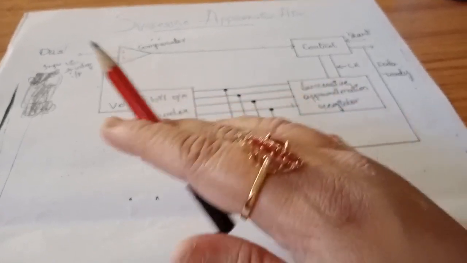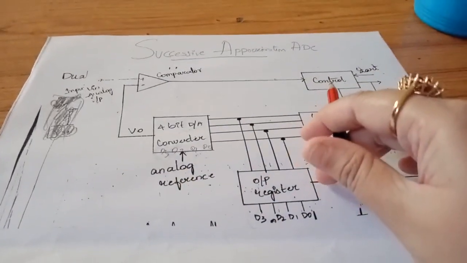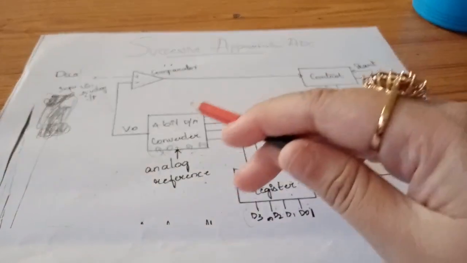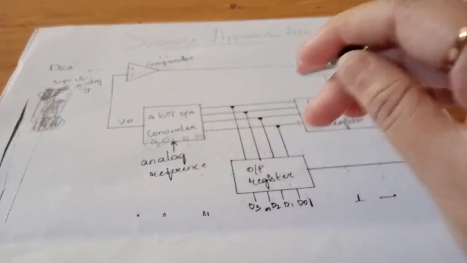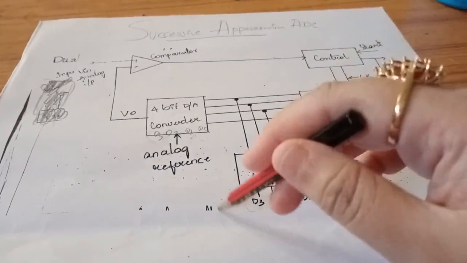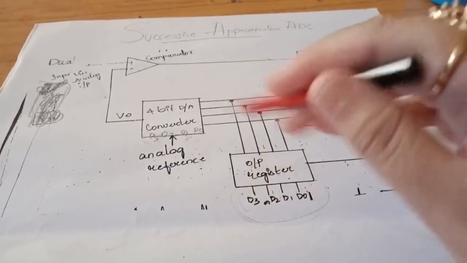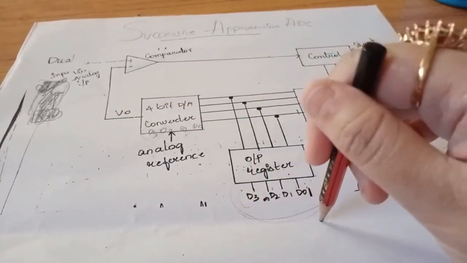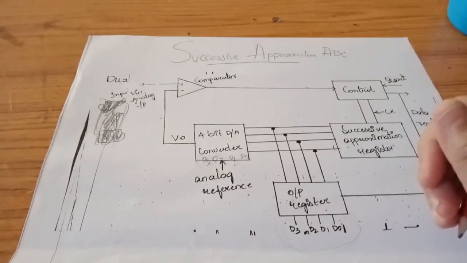Then again D1 will be compared with the analog input. After comparing, it will pass to the control logic. Again it will come here. Finally it will reach D0. Like that the testing will be happening. Finally, when it reaches the final position, at that time you will get the equivalent of the analog input in digital form. Once again I am telling, listen carefully.